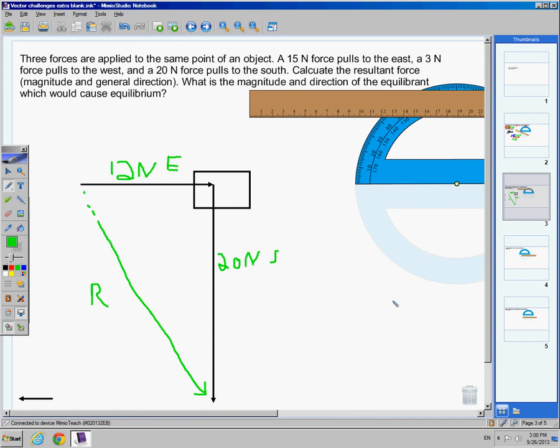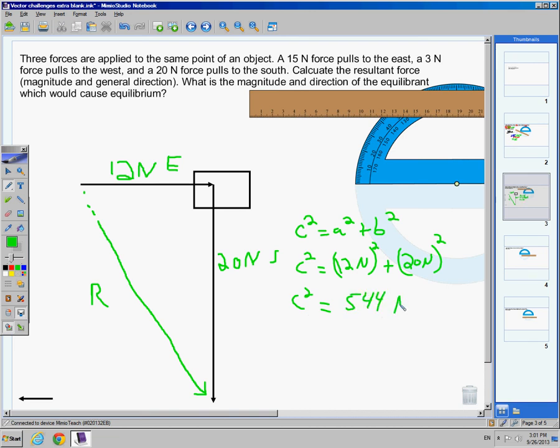So we have c squared equals a squared plus b squared. C is what we're looking for. A is going to be 12 newtons squared plus 20 newtons squared. So we have c squared equals, I believe I got 544, and that's going to be newtons squared. Take the square root, and C gives me an answer of 23.3